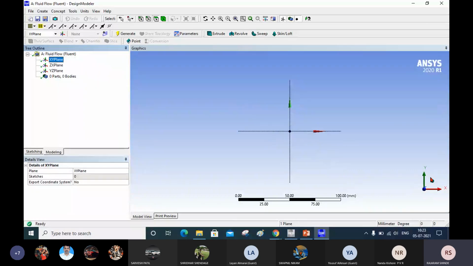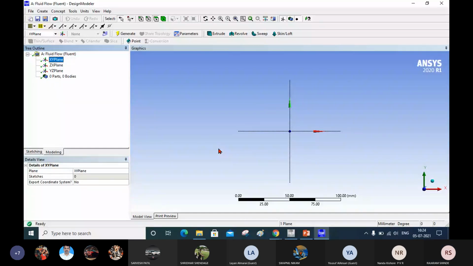You can see here you have triad that we will get here. Now you can see here, if we click on this one ball or one spherical symbol, at this location, it will be in isometric view form. This is your XY plane, and this is your Z axis. That is, this is X axis, Y axis and Z axis, and this arrow indicates the positive direction of XYZ axis. Now if you want to orient your screen or your window as a XY plane, right click on this and click on look at. Now your orientation is in XY plane.